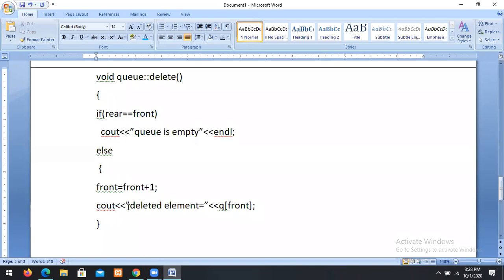Similarly, is full. When the Q is full, this method is used to find whether the Q is full or not.